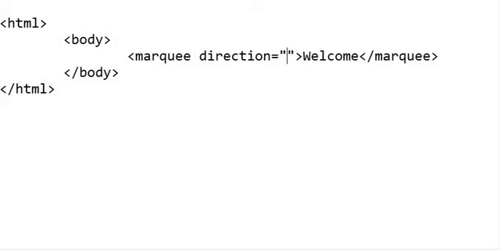We have four kinds of direction, and this direction helps us to start our work, or we can say that it starts the animation from, which it asks the Marquee tag that from where you want to start your movement. So I just define left. It means it will go to left. From right to left it will come. Let's see the practical.